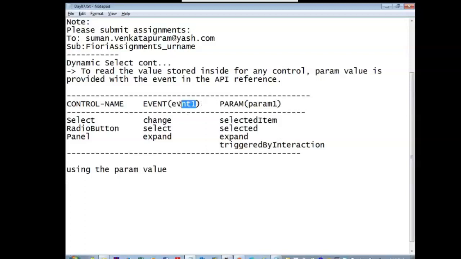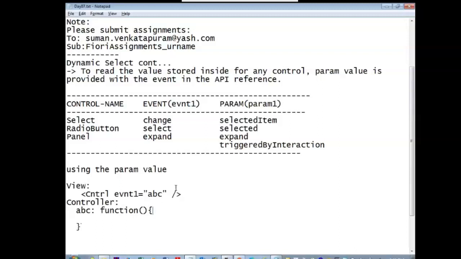So when you are using this, for example, in the view for any control, the event name event1 will use something like ABC, and in the controller you'll define the ABC with a function. So this is what we are doing till now.